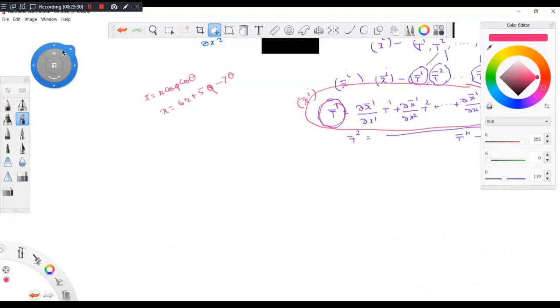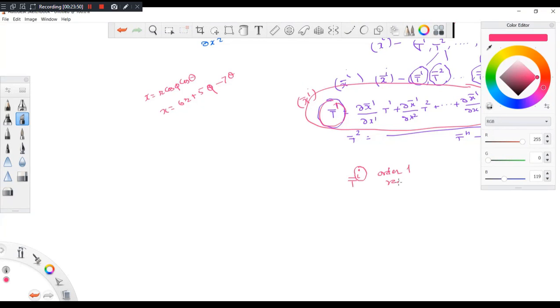Sir, in the definition of contravariant tensor, you also talked about its order. So what exactly is the order of the tensor? Order means, in this, I write t bar i. How many superscripts does it have? Only one. So the order is one, or I call it rank one. Suppose I have a tensor with indices ij, 2 are there. So I say order 2. So rank and order are the same. Both names can be used.